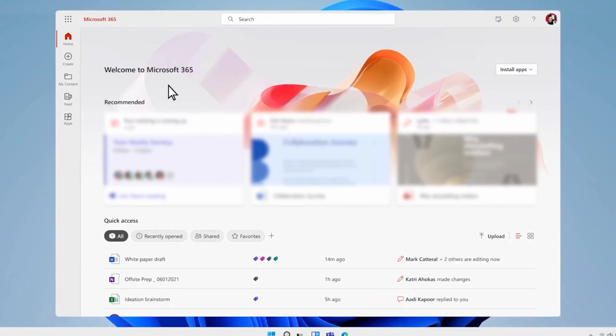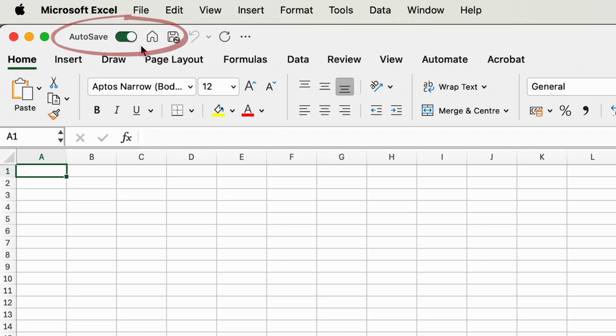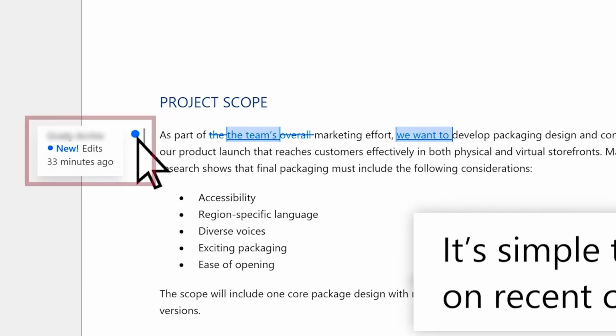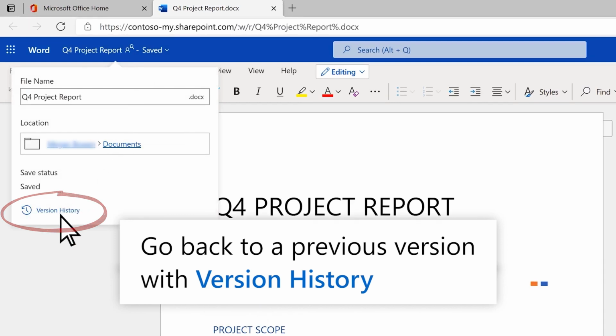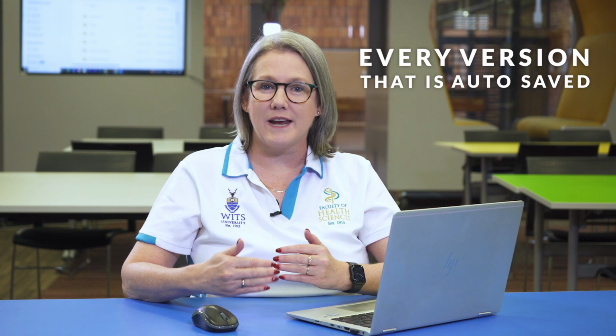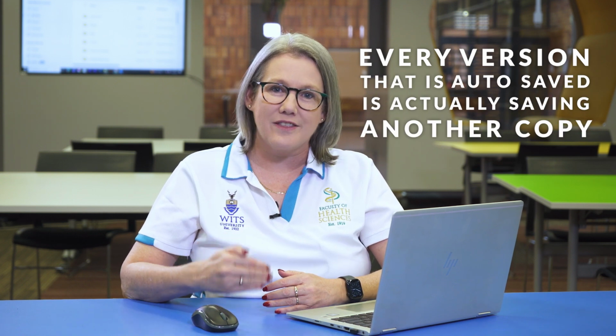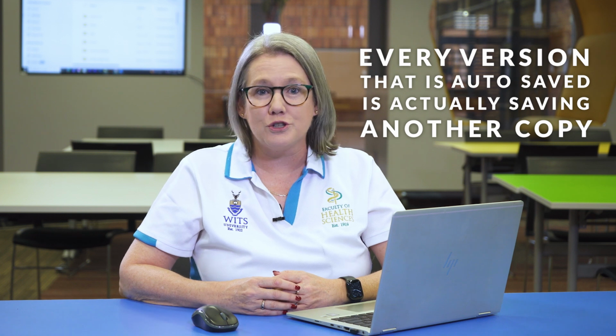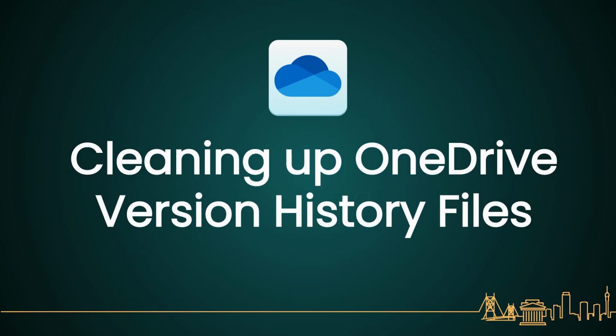In Microsoft 365, having the autosave function has saved me more times than I can remember. The power goes out or somebody changes a document. Having a version history to roll back to is very useful. But every version that is auto-saved is actually saving another copy of that document onto your OneDrive. And so what does it do? It takes up space. Let's have a look how you can manage the version history of all of your OneDrive